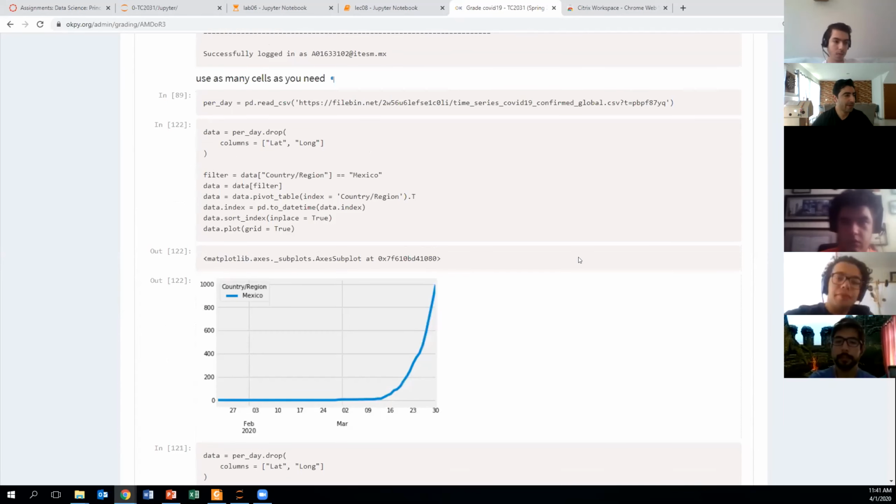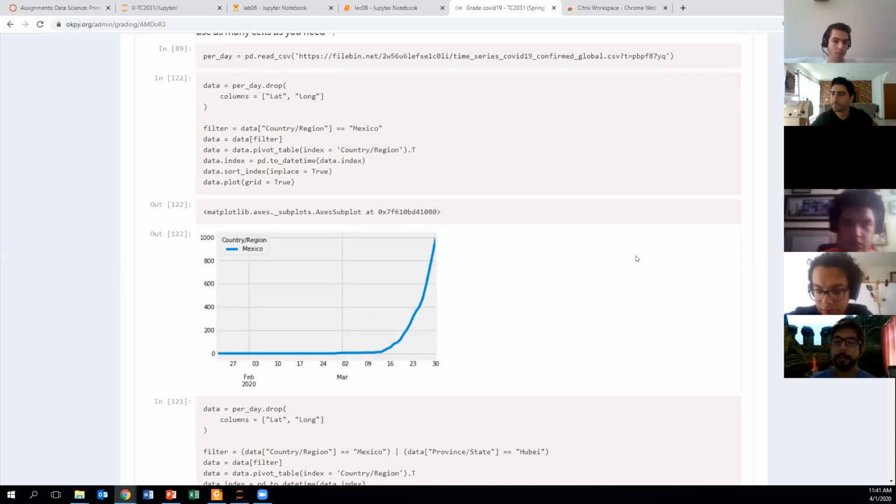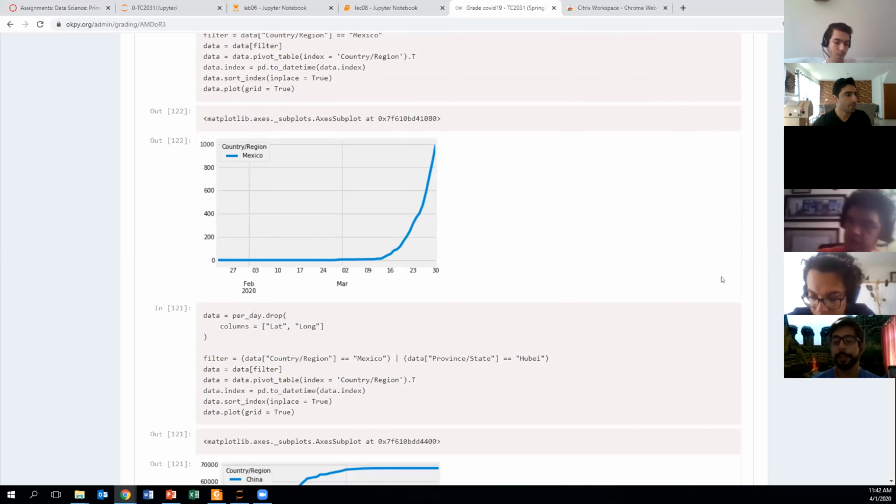Okay, so can you explain what you did? So we did several graphs just trying to compare the rate at which the virus is spreading per country. The initial problem was how the data was set in the table because we had one column for each day since the infection started. So first we showed just this graph of Mexico, and we can see it's like an exponential graph because it's